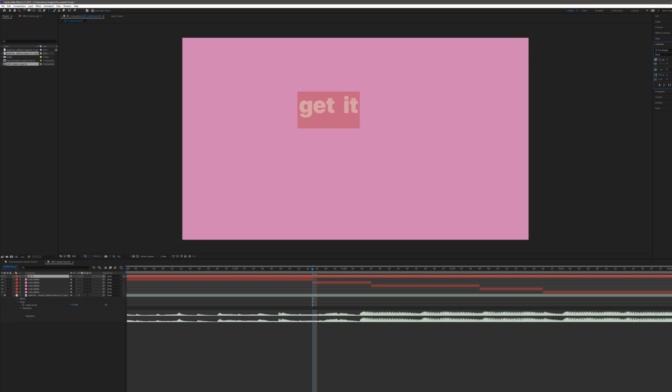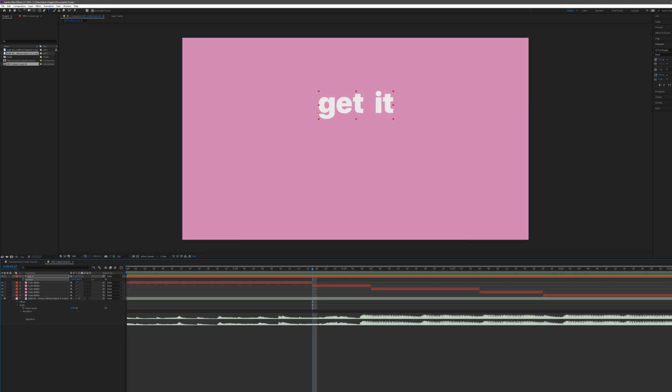So now once you've highlighted it, we can resize it. That's a good size for me. So I'm going to press on the layer and I'm going to press P just to bring up the position. Bring it down. I'm going to have it come in and stop here. Press the little stopwatch keyframe and I'm going to drag the position over